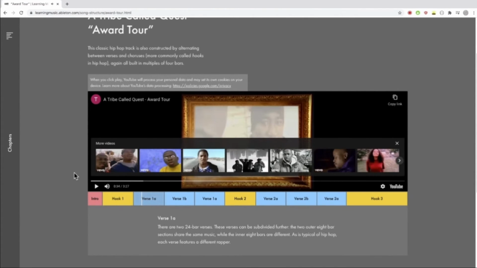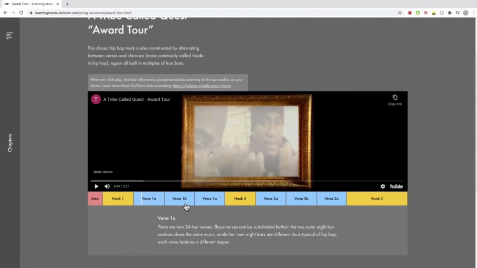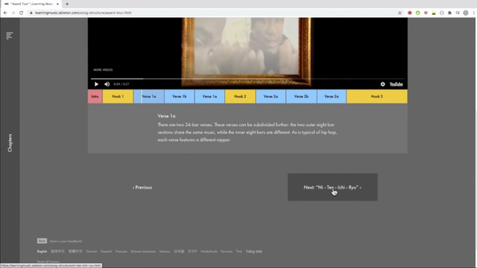So can you hear they've taken out that little guitar riff they had? That's just to create a little bit more space for the rap to happen, and it creates a bit of a difference between the hook and the verse. So, like I said, hip hop is a little bit different to pop music, with more focus on the rap and the lyrics. And then the hook is there to have a part that people can sing along to and that will get stuck in people's heads. So, let's see what's next.